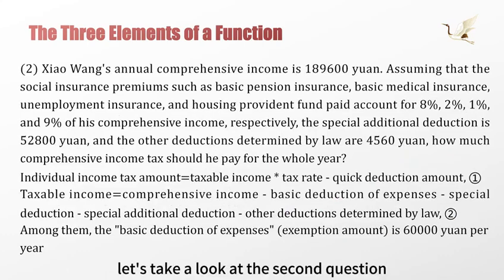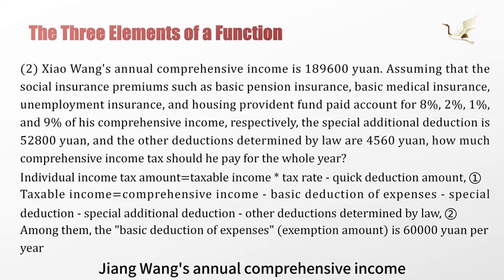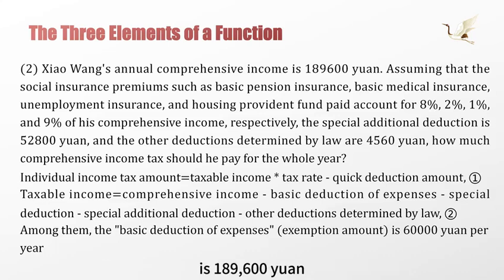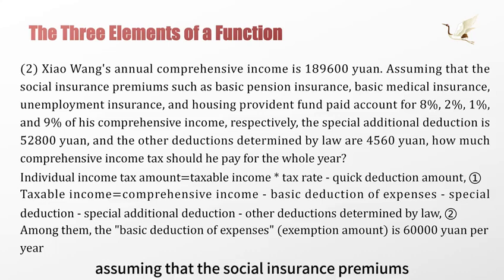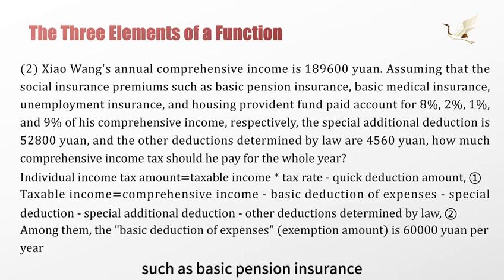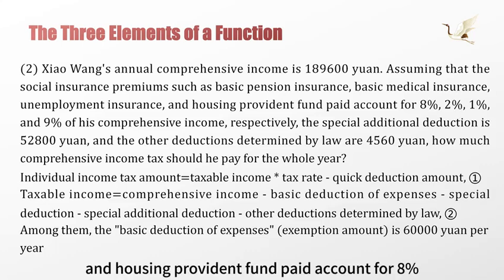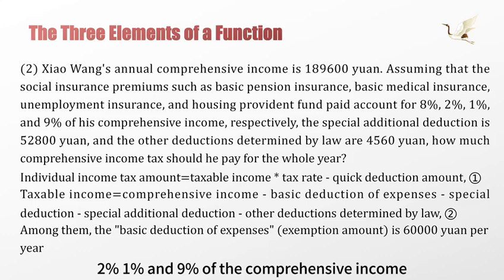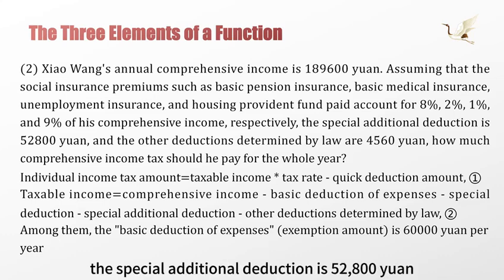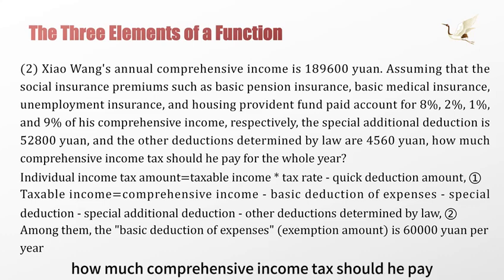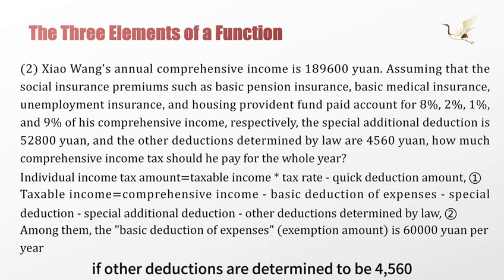Let's take a look at the second question. Zhao Weng's annual comprehensive income is 189,600 yuan. Assuming that the social insurance premiums such as basic pension insurance, basic medical insurance, unemployment insurance, and housing provident fund paid account for 8%, 2%, 1%, and 9% of the comprehensive income, the special additional deduction is 52,800 yuan. How much comprehensive income tax should he pay for the whole year if other deductions are determined to be 4,560